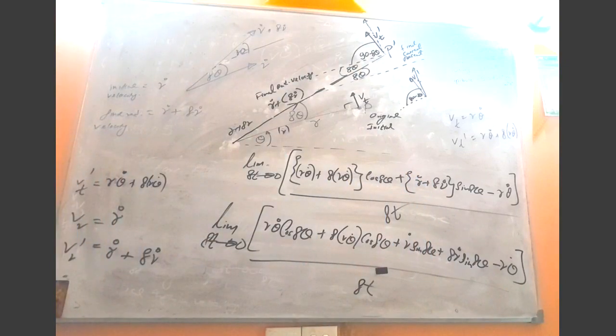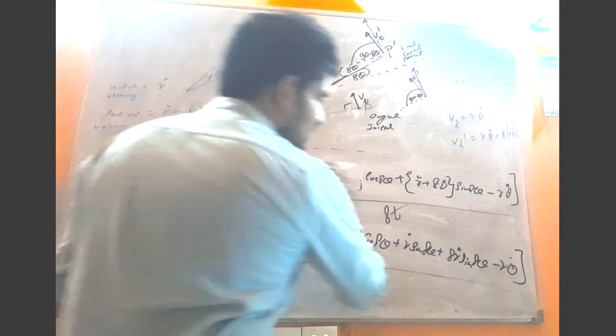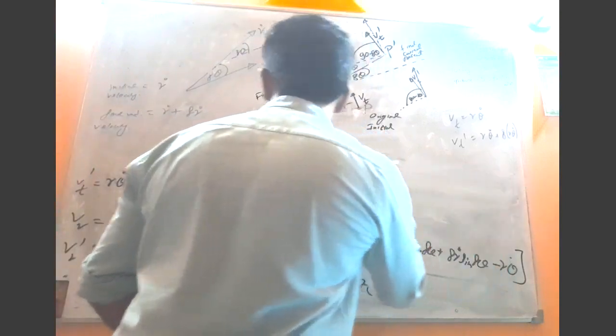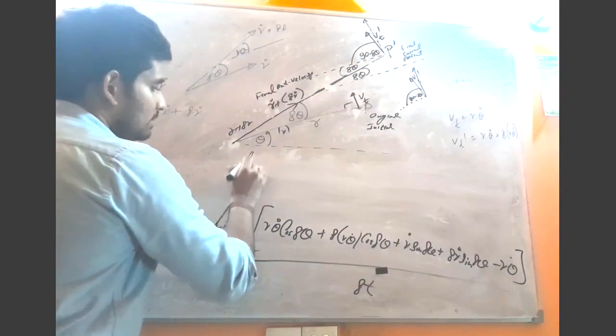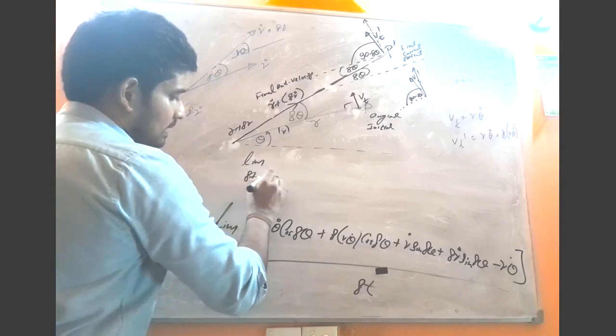Got the point? Right. I will erase the upstairs part. So then again limit delta t tends to 0, then